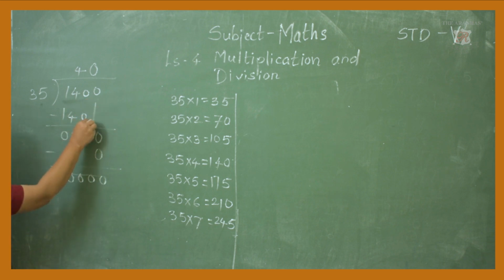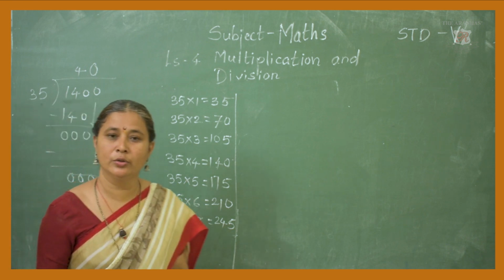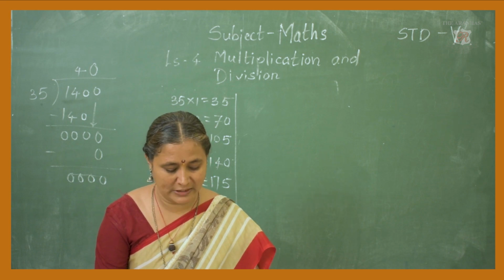Because the last number is 0, so that we can't take. So how many cartons do we have to take to pack the books equally? 40, isn't it? So write the statement as it is. That statement you have to write. Thank you. In the next page we will see the mixed word problems.